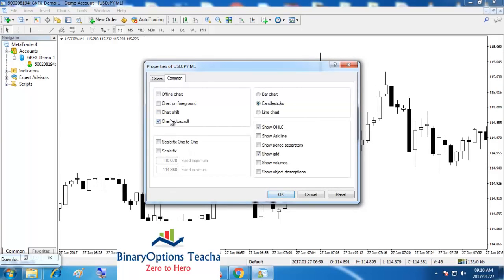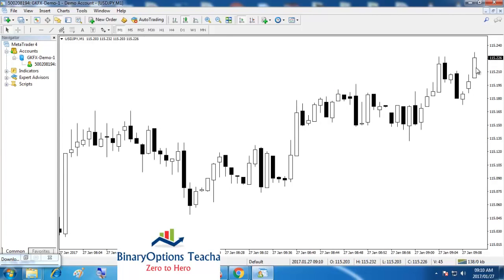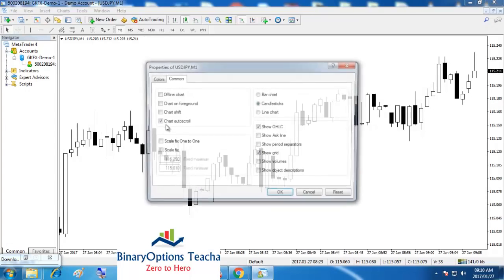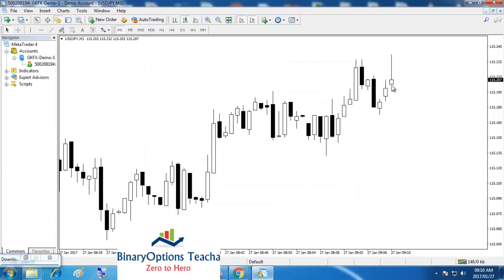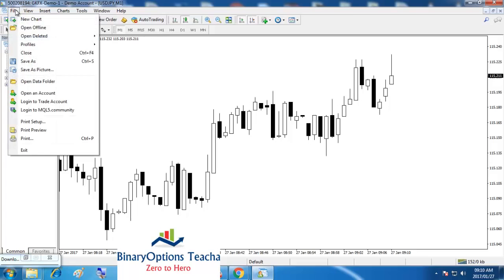And another thing that I prefer is the chart shift, because right now you see the chart is here next to the end. If you put it on chart shift, you can see how much better, because it comes here in the middle. Okay, so to install the indicators here, you simply go to file again,